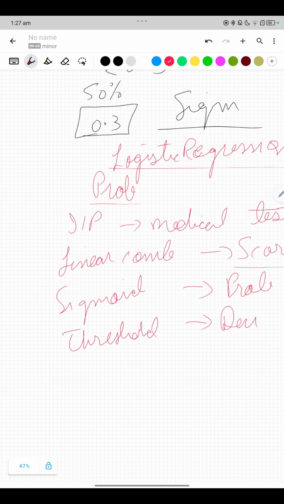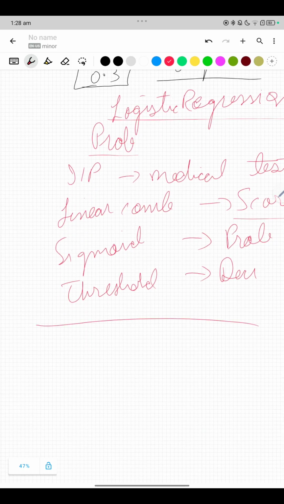So logistic regression is a decision making model, but under uncertainty, right? So it doesn't just say yes or no. It tells us how confident the model is, right? And that gives it more impact in real life. So that's all for logistic regression. Let's just